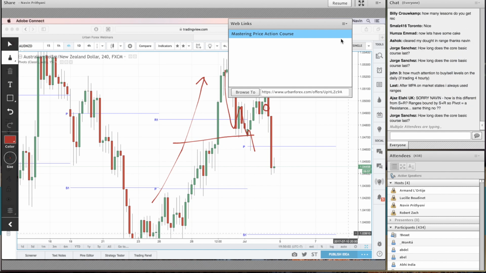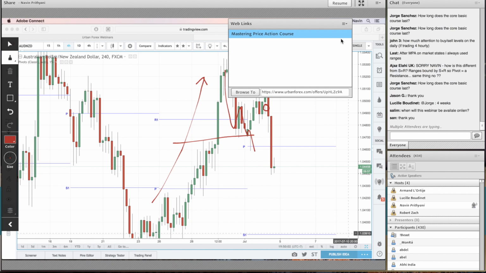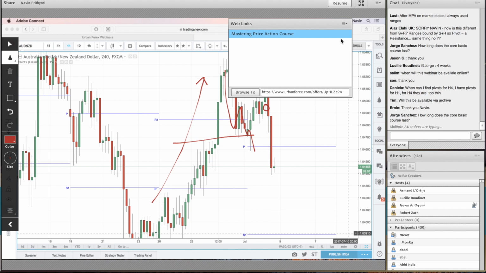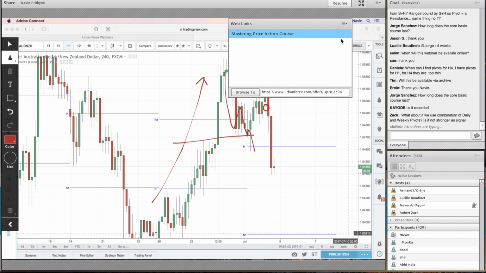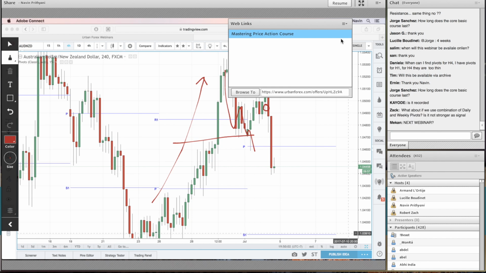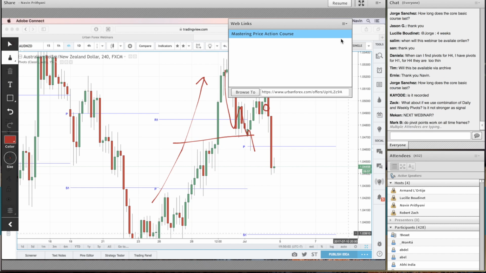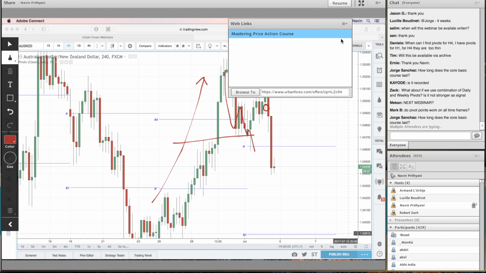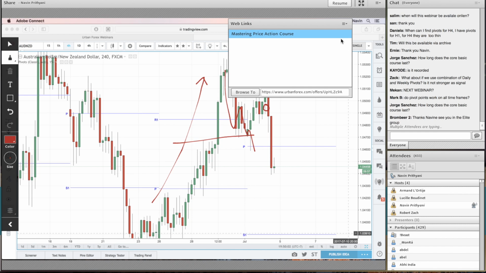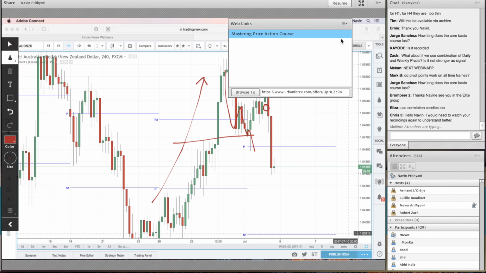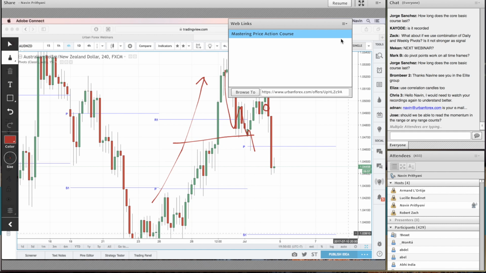How's it different from SNR, ranges, boundary, pivot, resistance, same thing? No, it's much different, because when you're dealing with ranges, if you know how to use ranges properly based on your time frames, they become a hotspot. Pivots are going to give you multiple areas. You don't want to use all of them. You want to know which ones are going to be more useful, right? So if you have that information ahead of time, it can become very, very powerful.